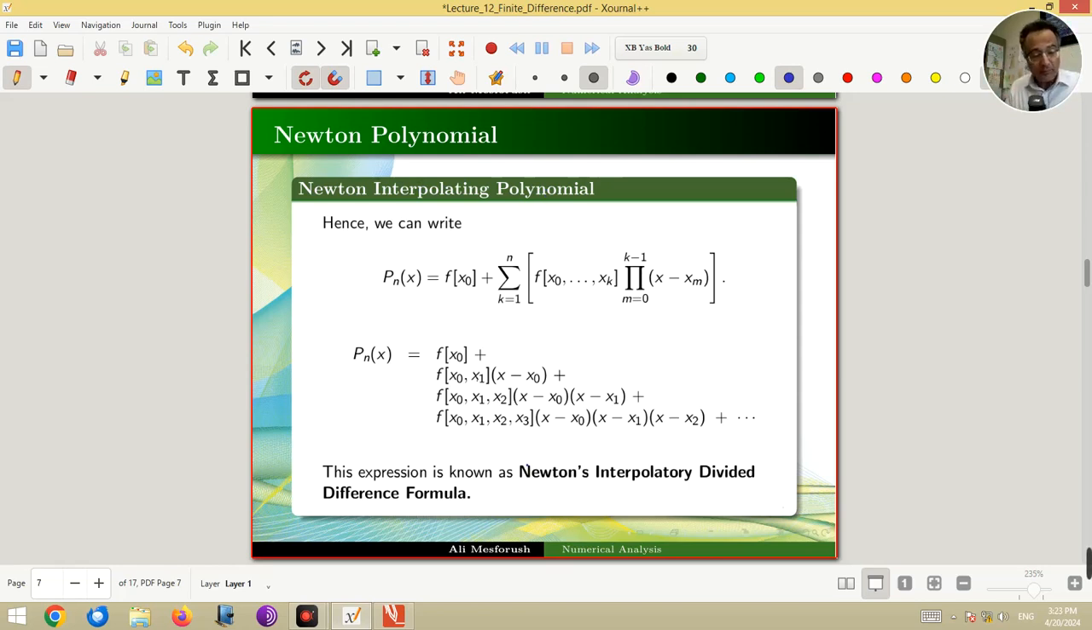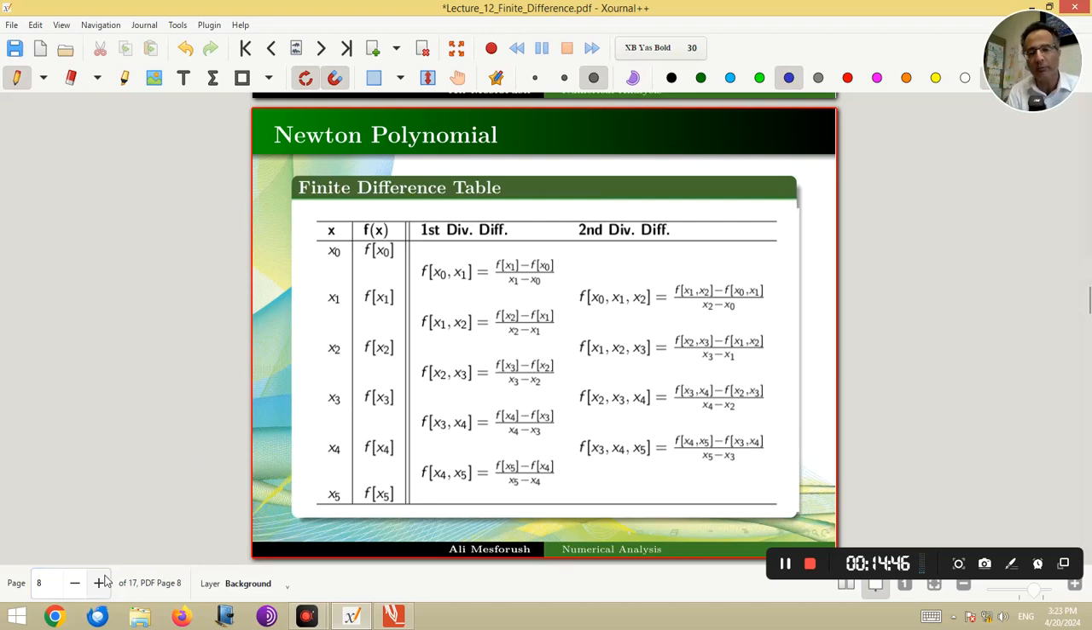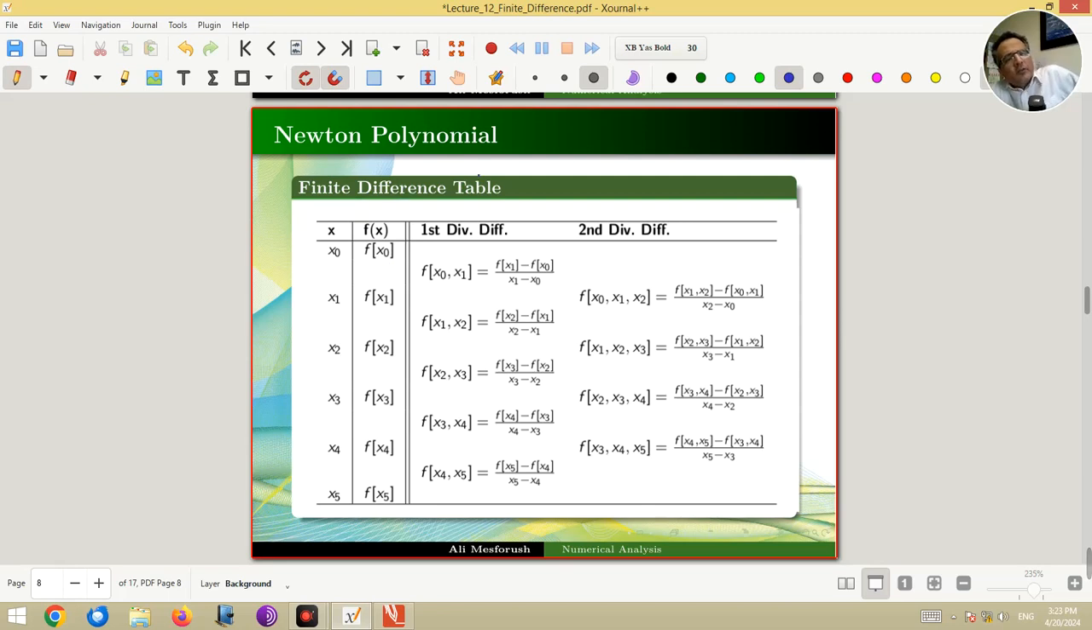The shape of this polynomial is very complicated, but in implementation it's not very difficult to compute, and in fact it was very easy to compute. How can we compute it? You can construct a finite difference table in this form. You consider the first column of the table as x0, x1, x2, x3, and so on. The second column should be f of x0, which is the zeroth